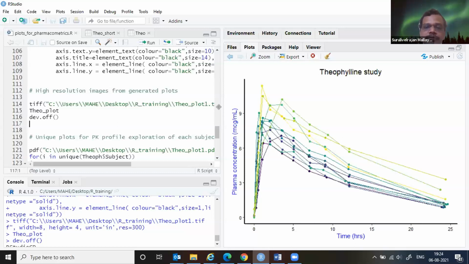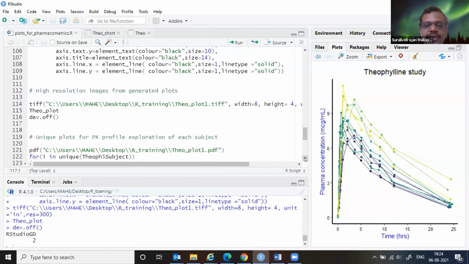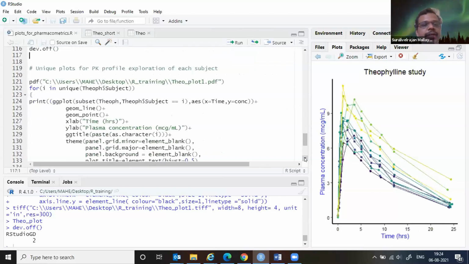Okay, another fun work I'll show you. Next trick up the sleeve. So here now you have 12 subjects. Even looking at the data, I'm getting reasonable clarity. I'm fine with this. So I can reasonably get the idea about the data. Imagine you have not 12 but 1200 patients. You look at the data, it will be line over line, line over line. You will never understand how the patient data really looks. You will see a thick line of 1,200 lines. Okay, so that's not going to help.